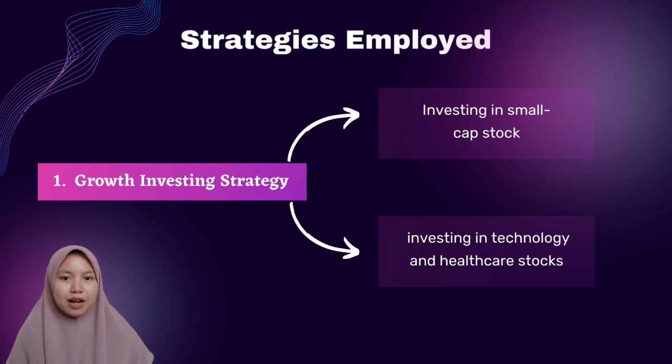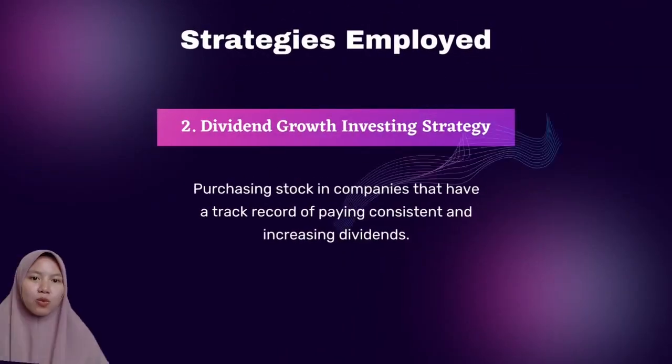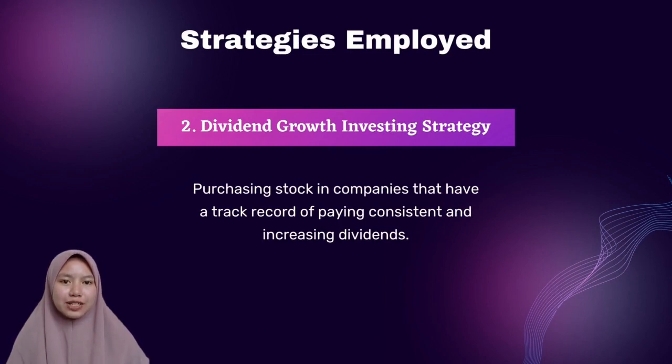For example, Apex Healthcare net profit and revenue has been increasing for 9 months due to the increase of COVID-19 infection and influenza cases. Other than that, we use dividend growth investing strategies by purchasing stock in companies that have a track record of paying consistent and increasing dividends. From that, we can identify companies that are financially strong. Companies with consistent dividend yield can also help us to determine how much cash flow we can expect for each